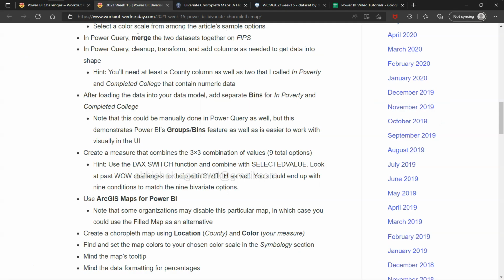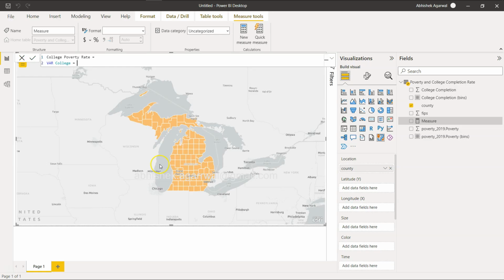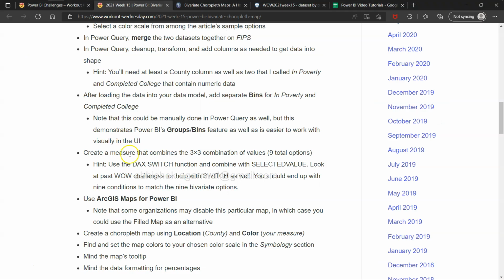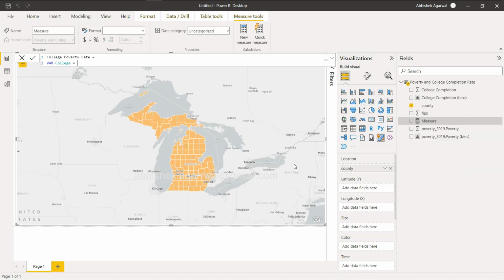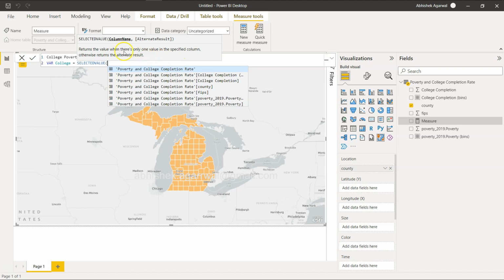The hint is to use the DAX switch. So switch is something I am going to use, combined with the selected value. Selected value is nothing but these bins. If I come here, the selected value function returns a value when there is only one value in the specified column, otherwise returns an alternate result. So here we are going to use the